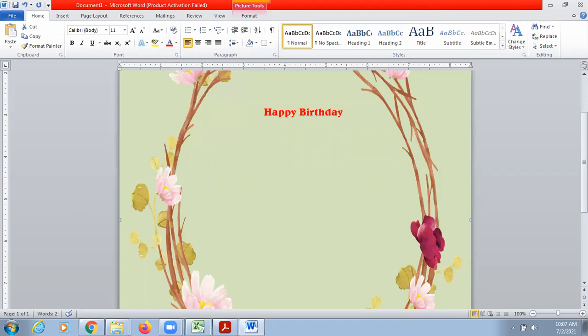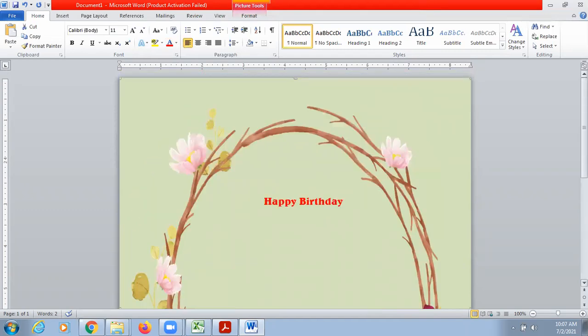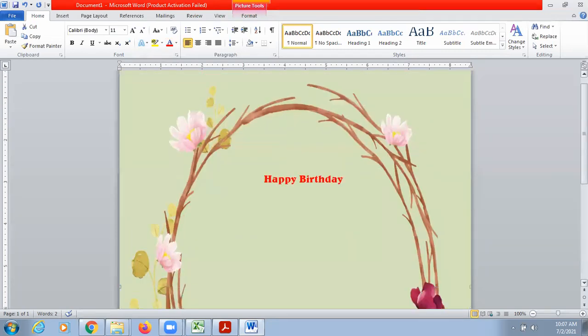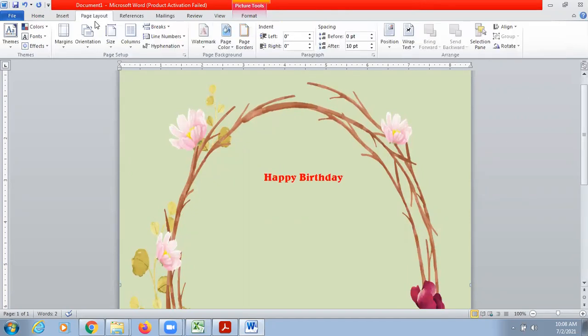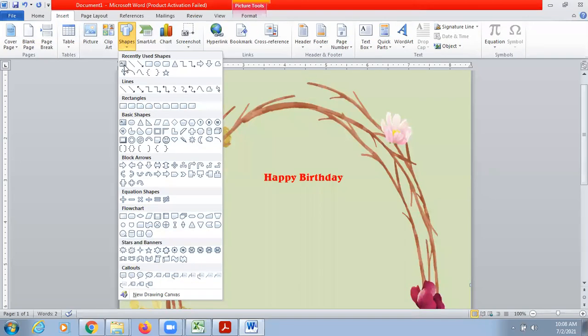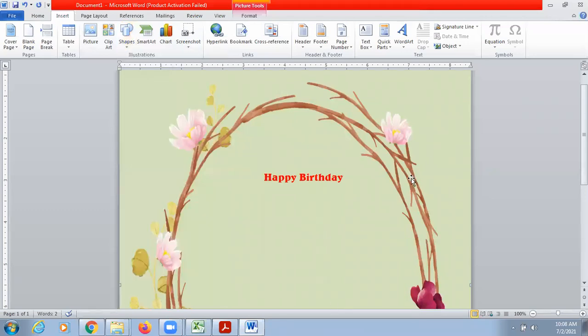Like this, you can make the changes and create a greeting card. If you want to write anything inside a picture, on the page, then you have to insert a text box. How can we insert a text box? You can go to Insert, go to Shapes and then choose Text Box from here. Draw the text box on your screen and then you can start typing.